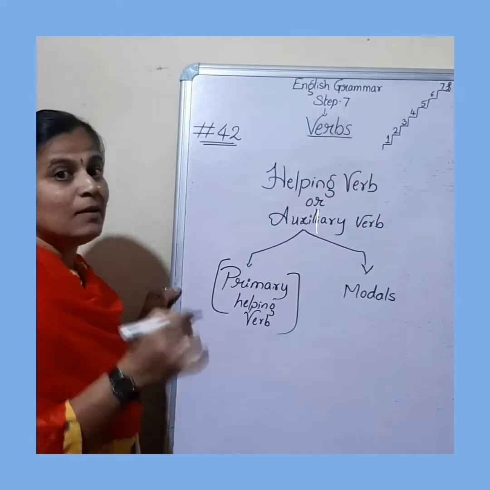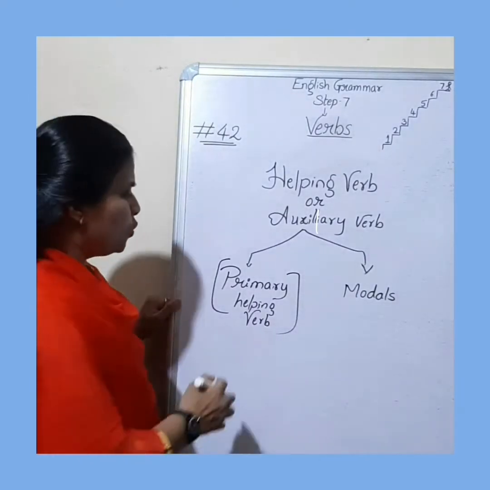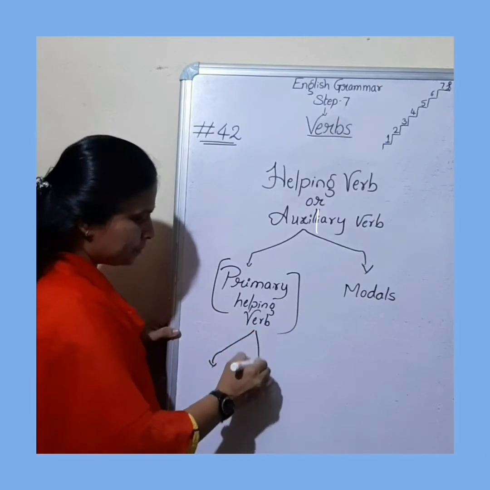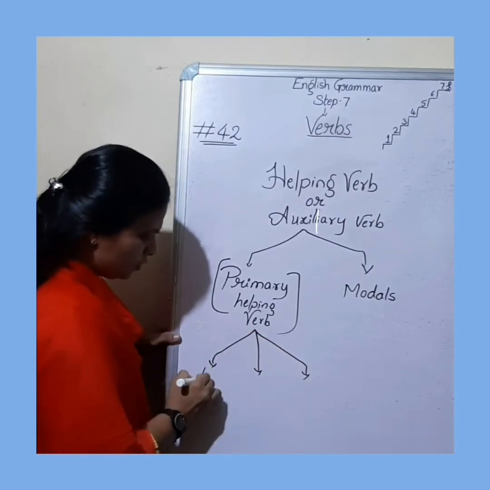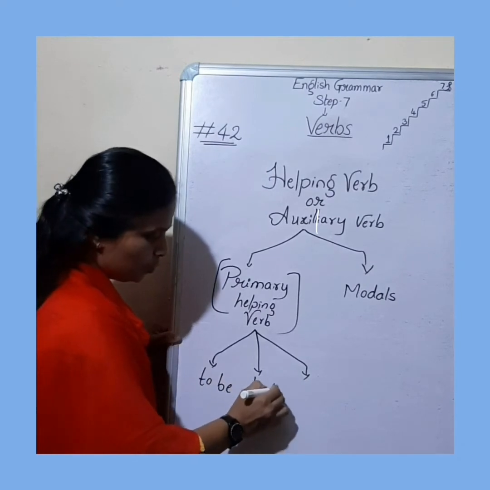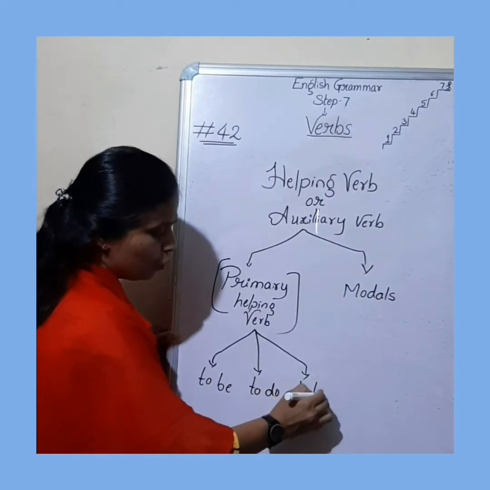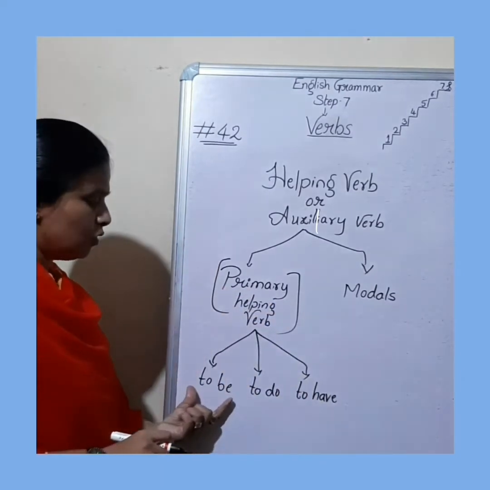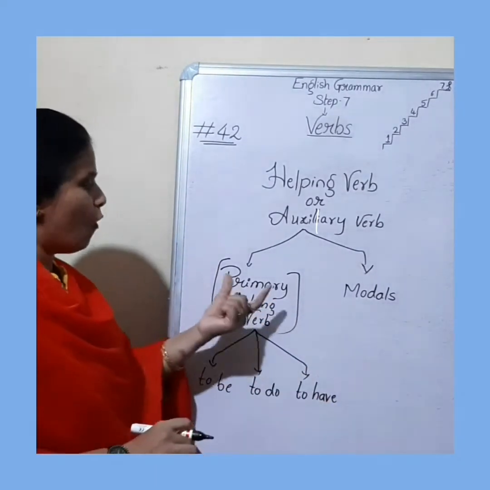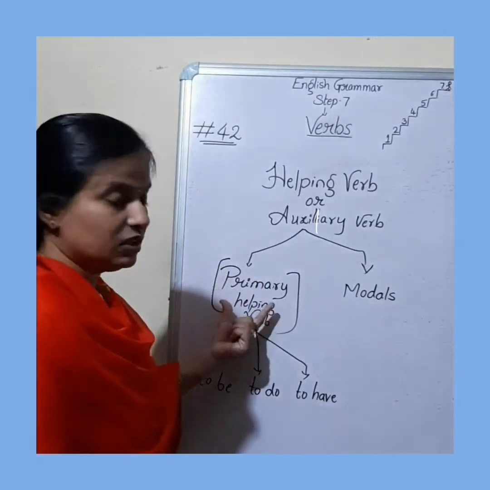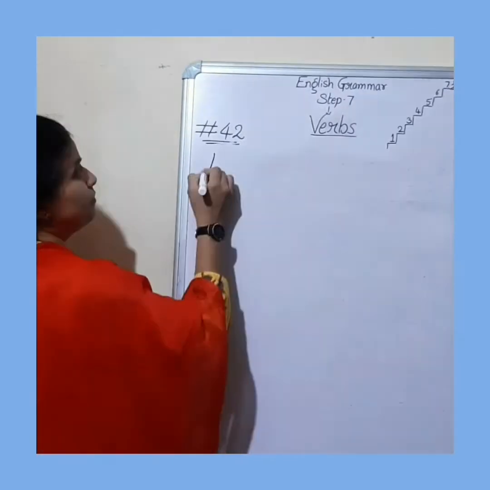Okay, primary helping verb. So the forms of primary helping verbs are to be, to do and to have. So here we are going to focus on all these three forms of primary helping verbs or primary auxiliary verbs. Let's deal with